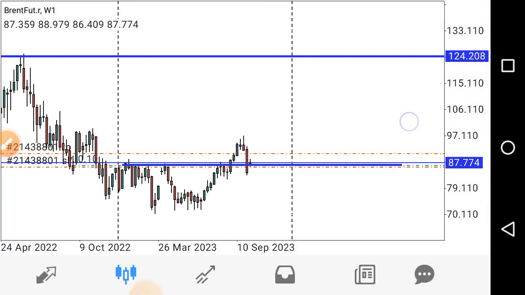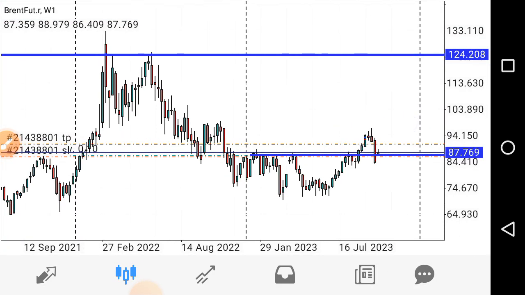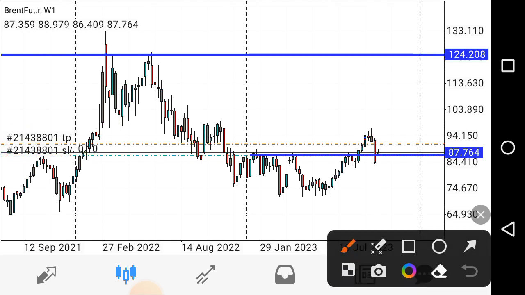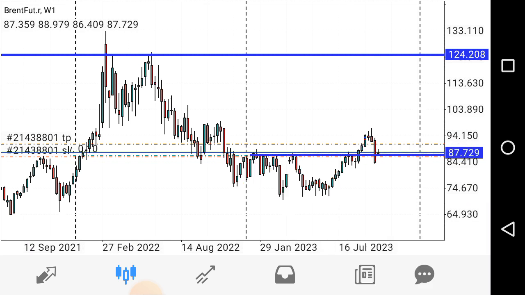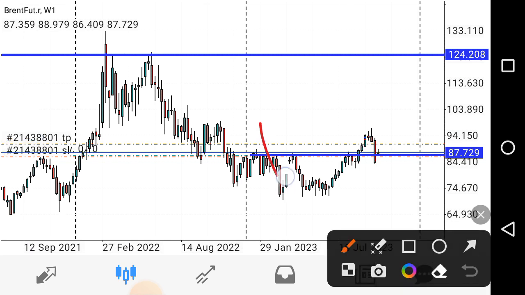And at this point in time, we find ourselves on the weekly chart of Brent futures. And on this chart, we can see that price at this point in time has given us two very important structures. The first one is what seems to be an inverted head and shoulders pattern, with this side being the left shoulder, this being the head, and this area over here being the right shoulder, and it has a neckline at that point. Some of you may say that actually the market has given us what is a W structure,